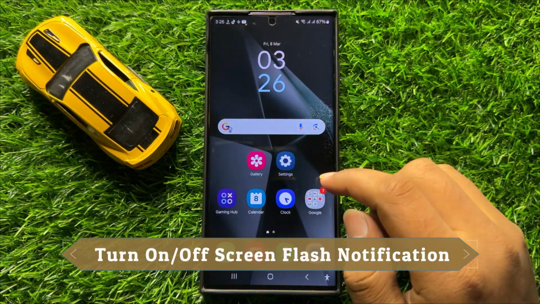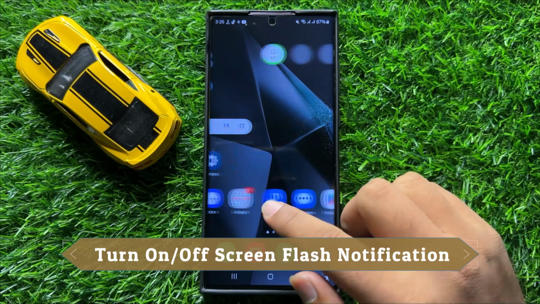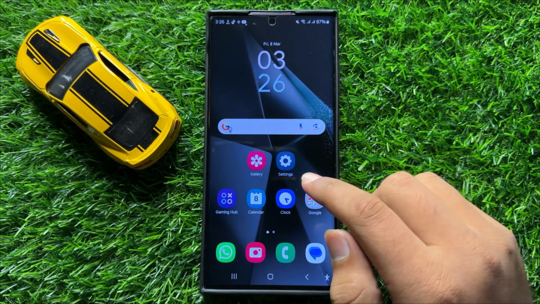Hello everyone, in this video I will show you how to turn on or turn off screen flash notifications in